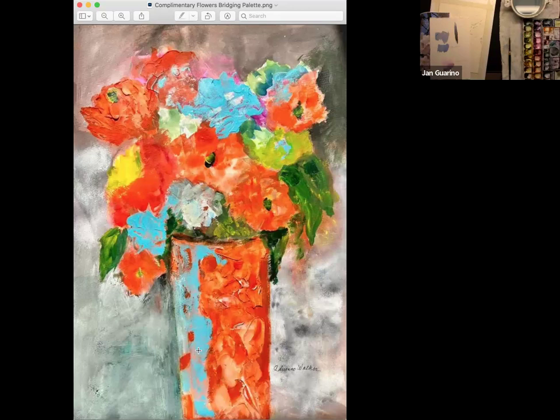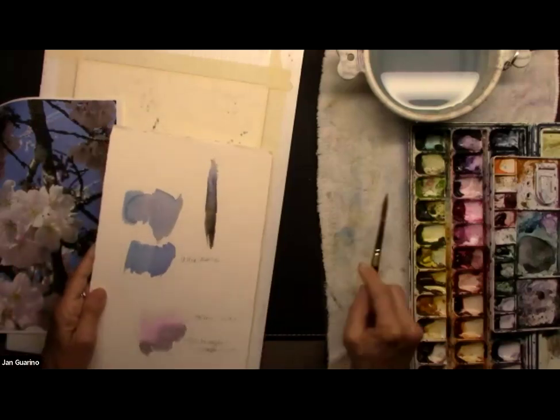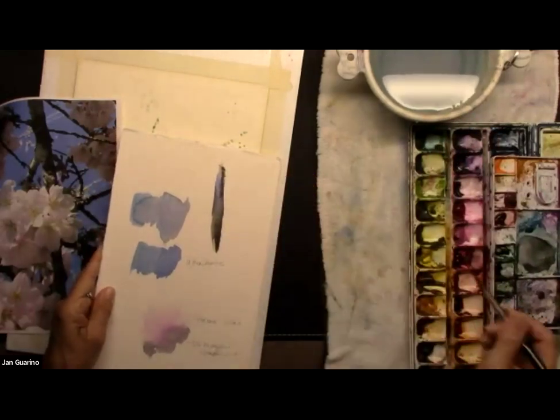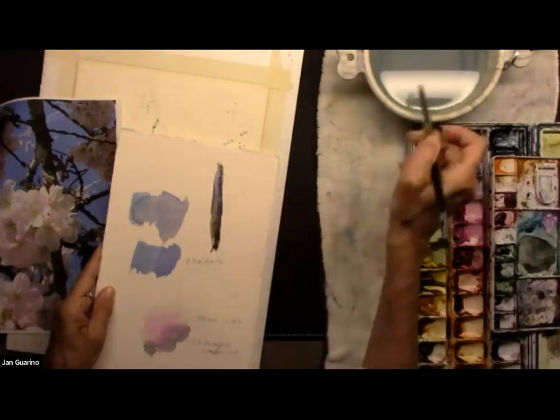So I wanted to share that with you because all of these colors really do allow us to bridge the palette. And I thought that was such a great example of that. I like the idea of sharing these things with you because it really does give us a different perspective on how people handle it. So if you wanted to just stick with one color on your branches, certainly your